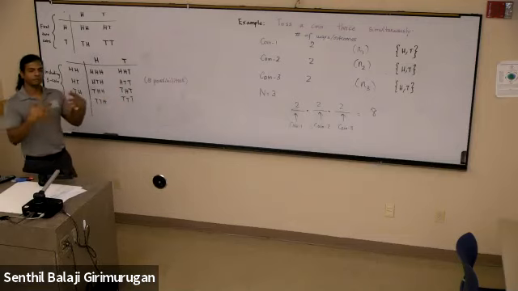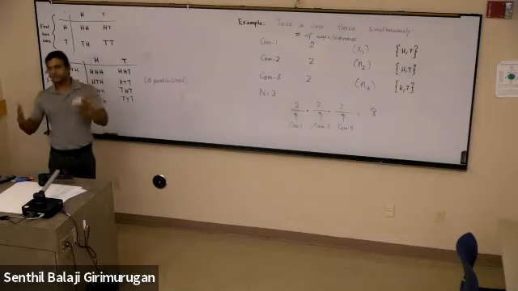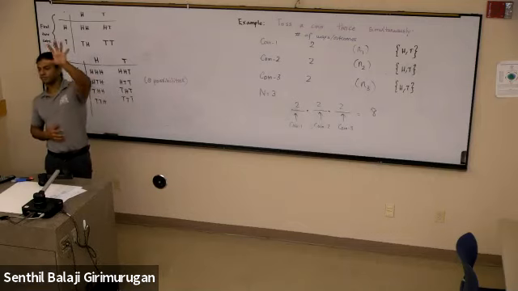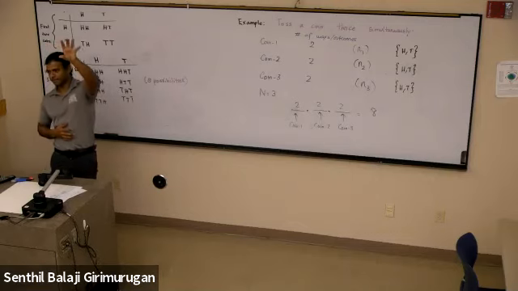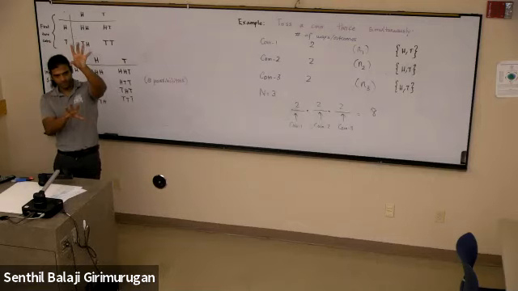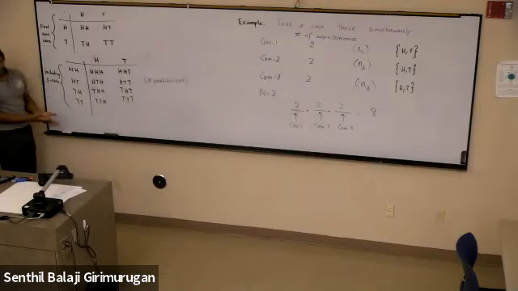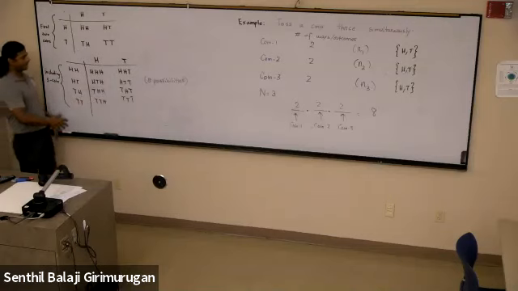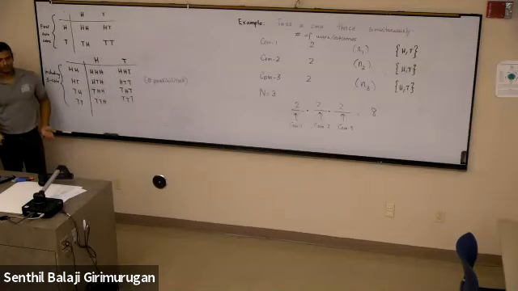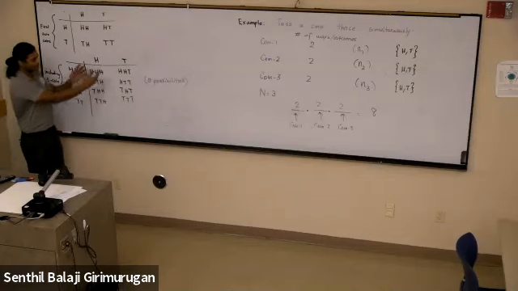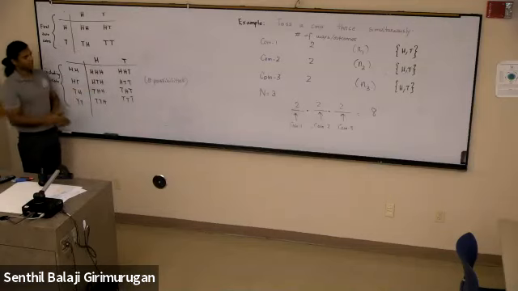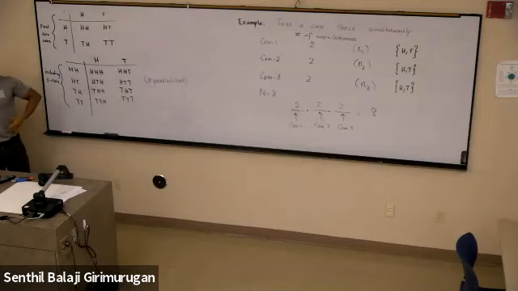When we find the probability of an event, all we are doing is finding the number of ways in which the event would happen divided by the total number of ways. So if I can find the number of ways, I don't care about writing them out. Because all I need is the number of ways. So we need to have some sort of methodology or rules, and those are counting